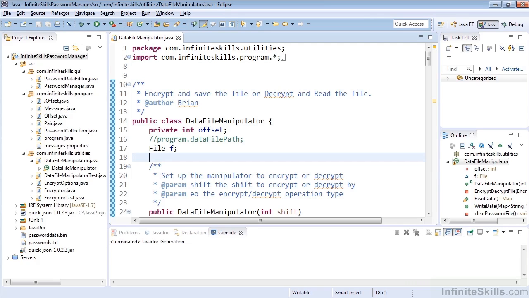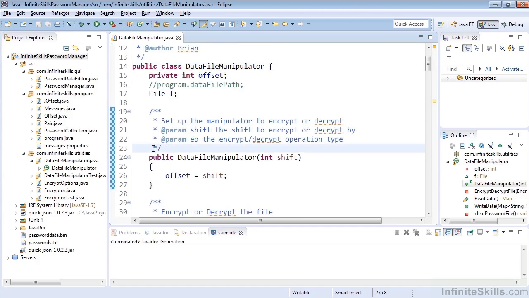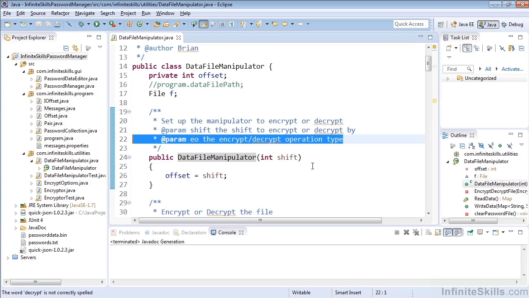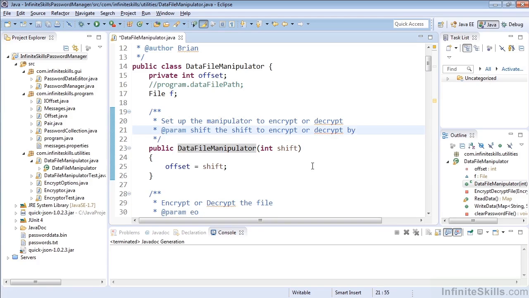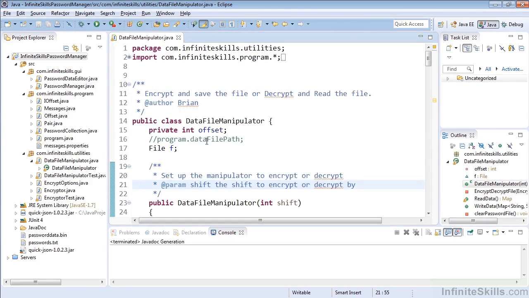And in this, we can see that we have some already in place comments which are in the Javadoc format. But we have one error that needs to be fixed before we go any further. This data file manipulator was previously written with an extra parameter that no longer exists. So let's go ahead and delete that line and save our code. Now the rest of our Javadocs should be good to go, and we should be ready to view the Javadoc